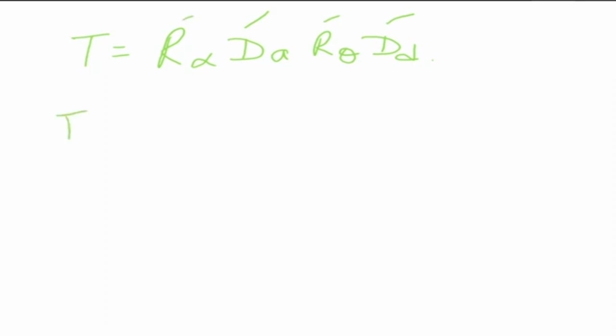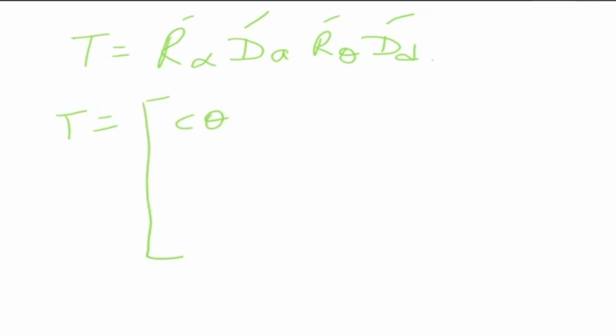So the total transformation I can write as the rotation of alpha, then there is a distance which is moving, that is my a, then there is a rotation about theta, and then there is a distance which is moving along d. So this is rotation, translation, rotation, translation, and if I put the corresponding values and multiply them out, we get the generalized matrix, which is given by cos theta